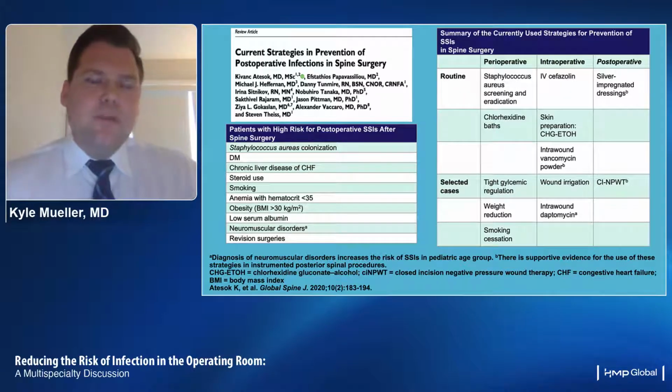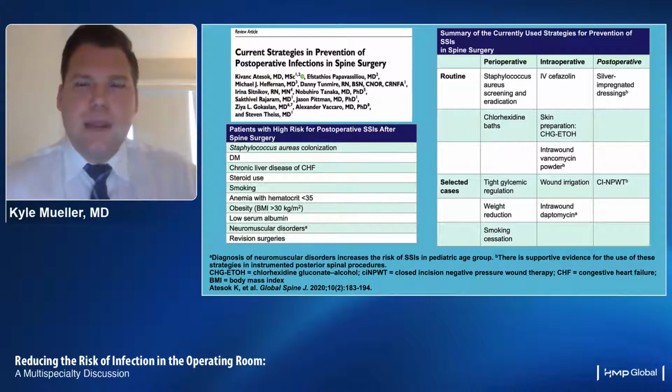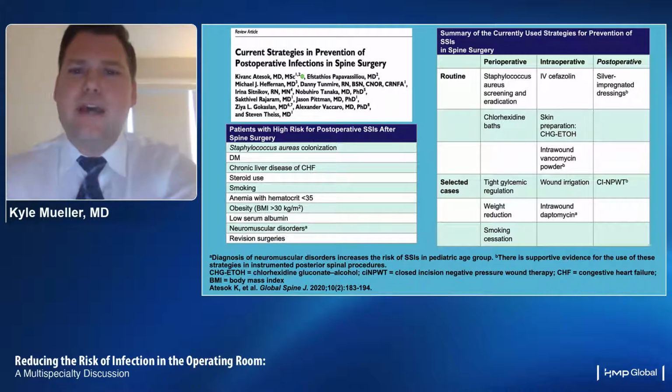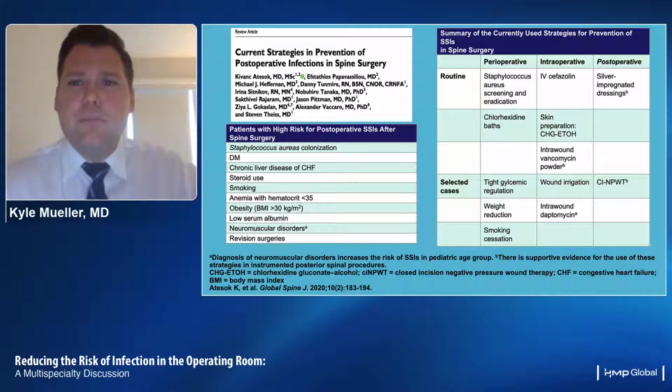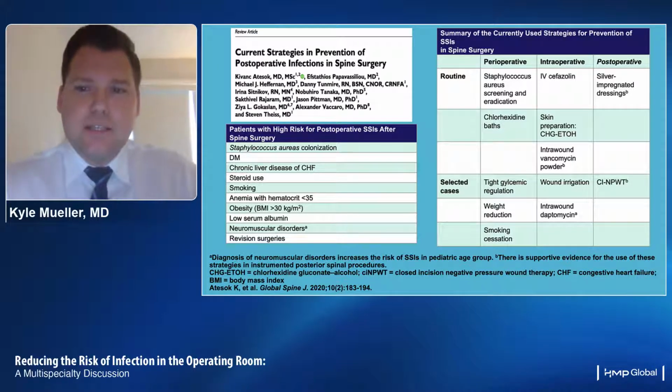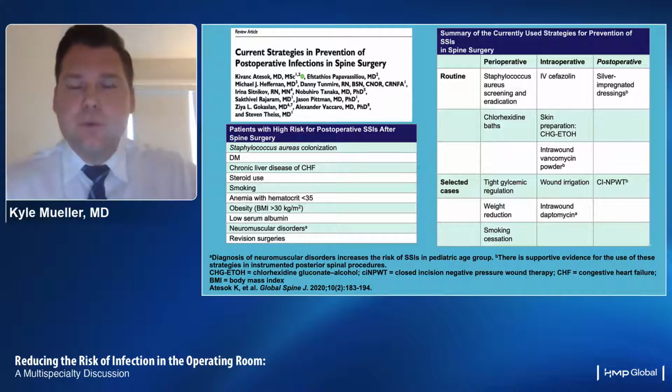And so whenever we think about strategies to prevent post-operative infections, we can divide these into perioperative, intraoperative, and post-operative phases of the patient care. And this has allowed us to develop strategies targeting each of these areas on how we can collectively reduce the risk of getting a surgical site infection. Many of these involve preoperative antibiotics, chlorhexidine bath, skin prep, as well as irrigation, and most recently, attention towards